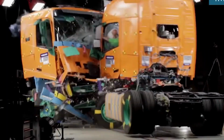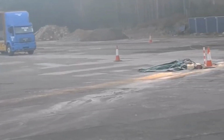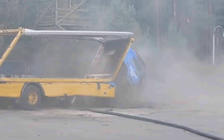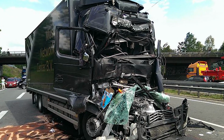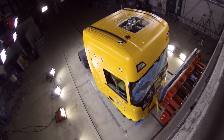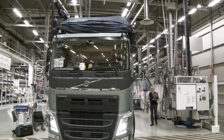The safety is also different between these two continents, with the Europeans having different crash tests. For example, one distinctly European crash test slams a bar that weighs about the same as a full-grown moose into a truck's A and C pillars. Then, the cab needs to remain rigid enough to open the doors, and rest assured that this test is not present in North America. If you do a generalization, safety standards in Europe are a little bit tougher to abide by. You have more trucks or cars designed in Europe that would actually pass and get approved in the US